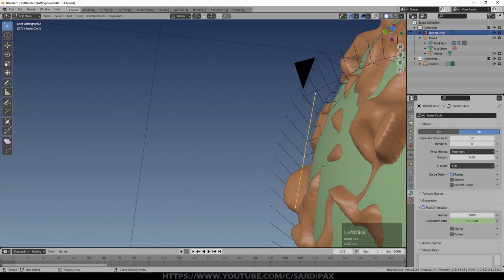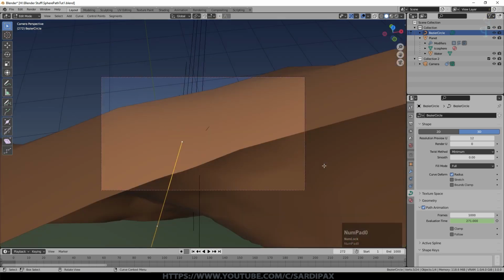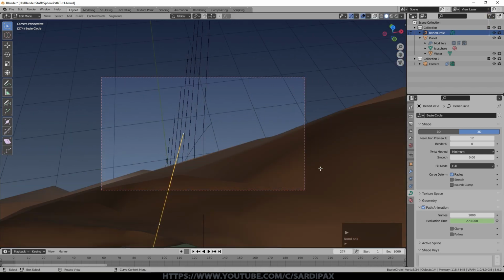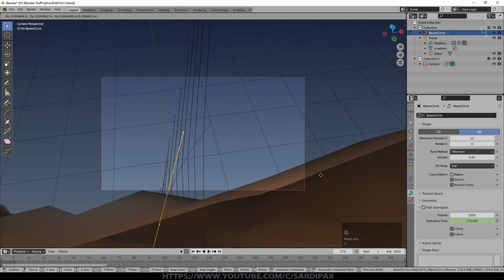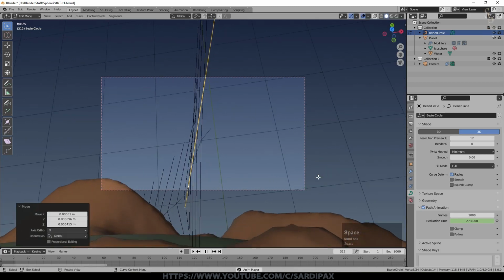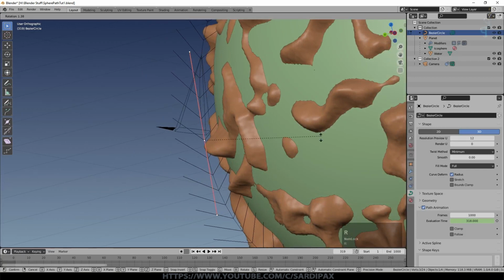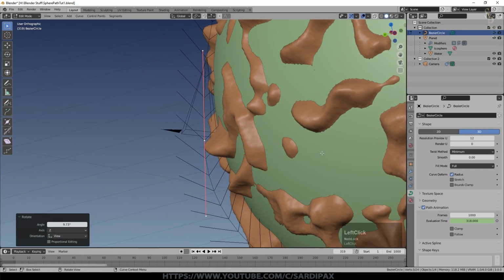The next thing to do is select the Bezier circle, go into edit mode and start tweaking it. So I've selected this point here just ahead, and I'm going to lift it up slightly. So you can see the landscape is still clipping there, so we need to get a little higher, and then we'll go on round. And here we've got no landscape. So what we may need to do is rotate that in slightly.